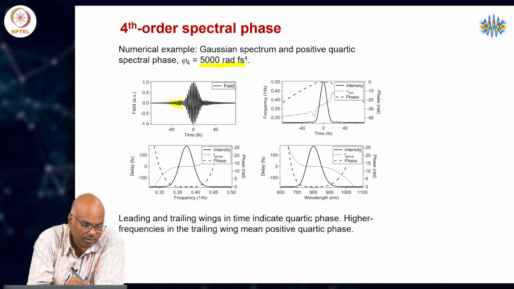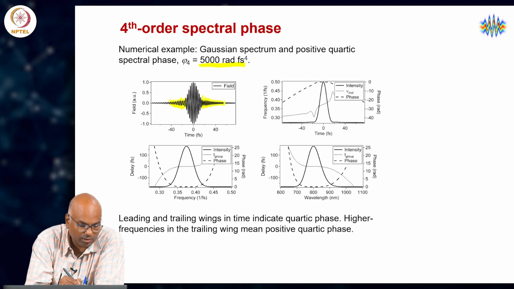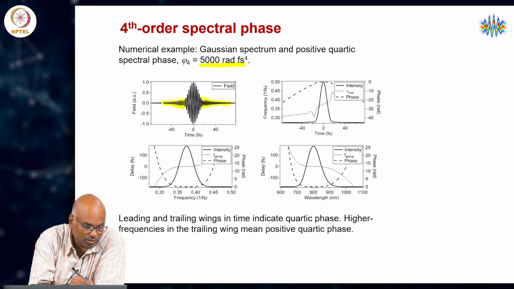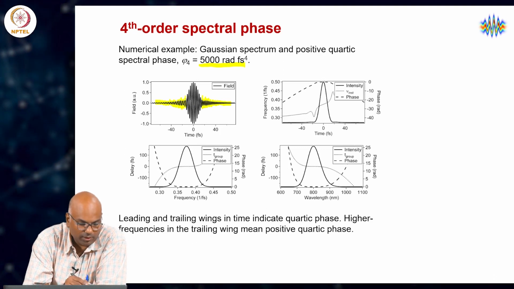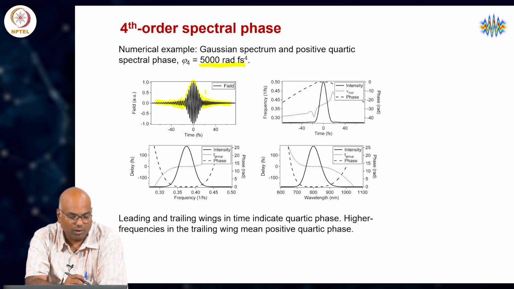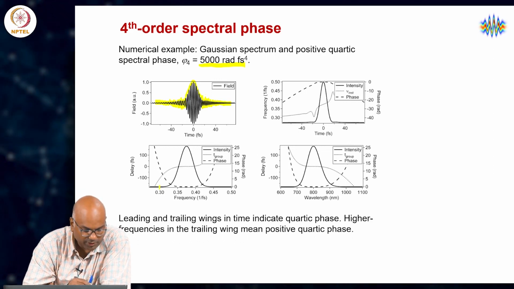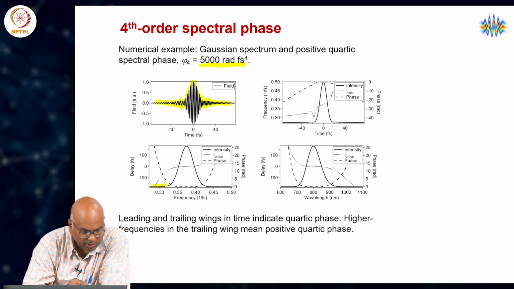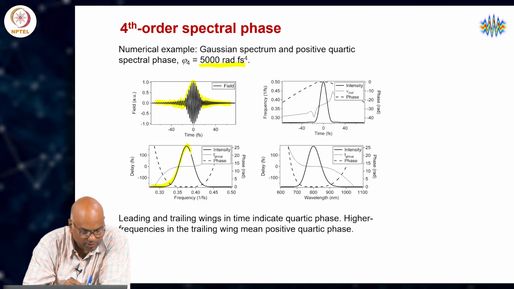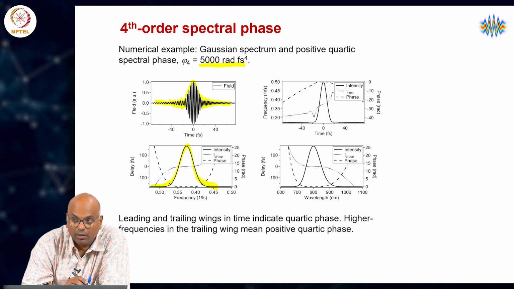Maybe I can highlight the regions for the wings, right, and the rest of the pulse remains fairly close to a Gaussian. The main point here is that the envelope of the pulse in the spectral domain, or the spectrum, still remains a Gaussian,